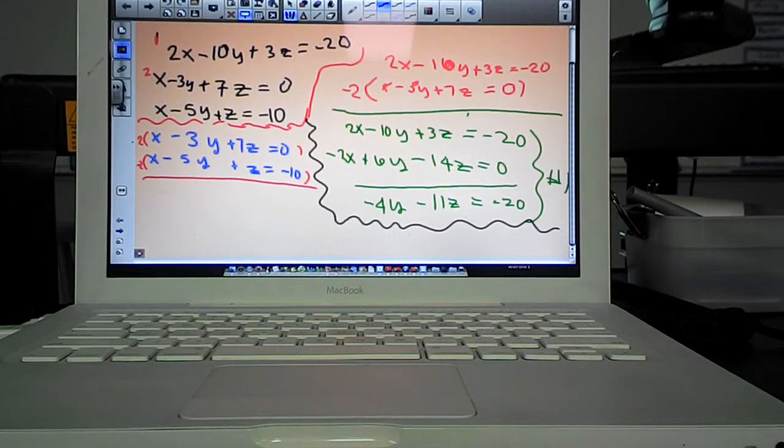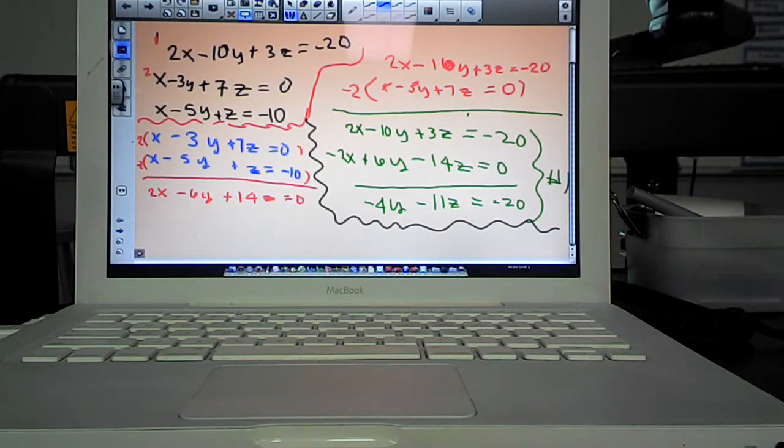All right. So what we're going to get is 2x minus 6y plus 14z